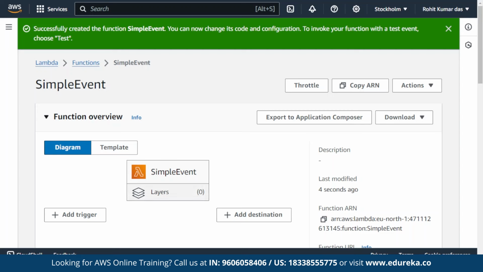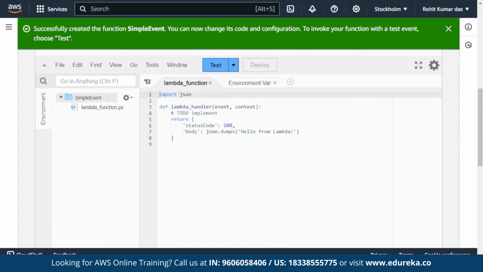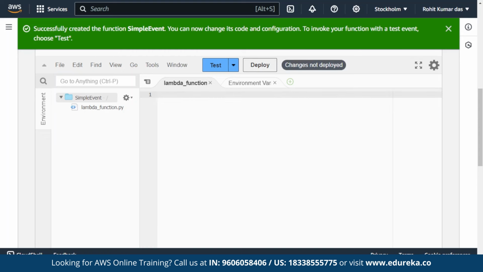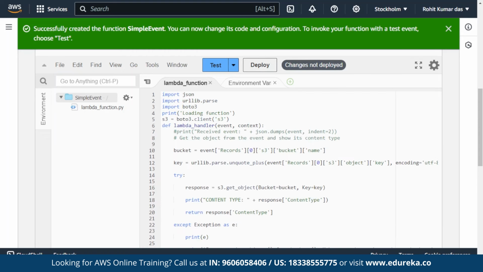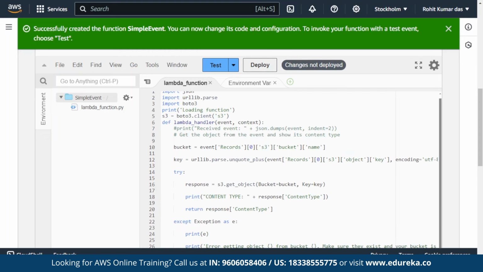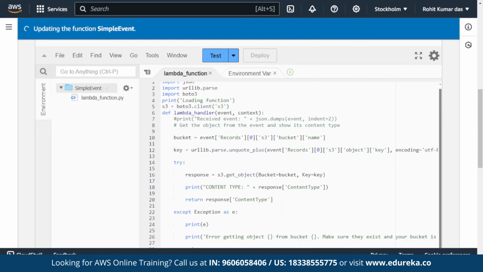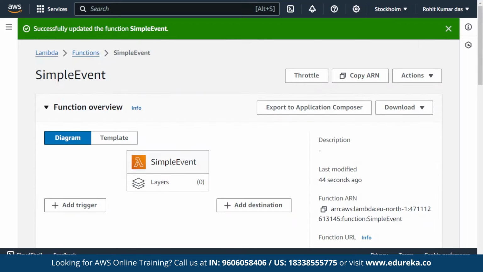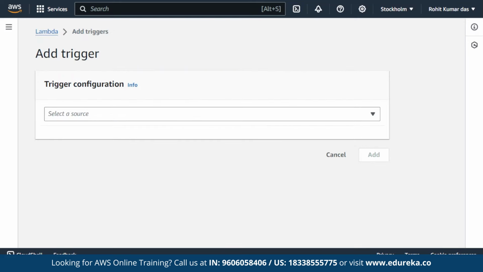A simple event layer is given here, and as you can see there is code that is given from the Lambda itself. So if you want to use a different code, you can choose a different code. I'll be using a different code here, which was present in the blueprint. As you can see, I have copied the program here. Before testing it or going further, make sure that you deploy the changes that you have made in your Lambda function. And after that, make sure that you add triggers so that when you call a function, it gets